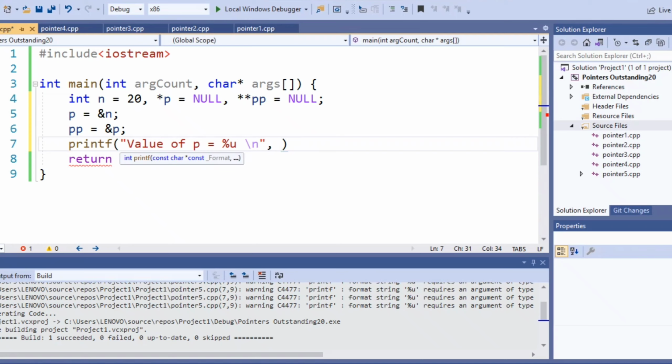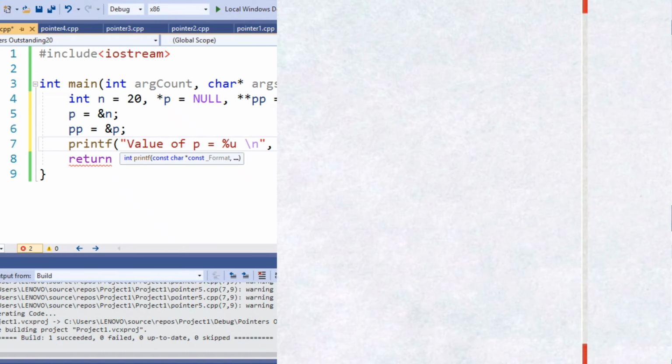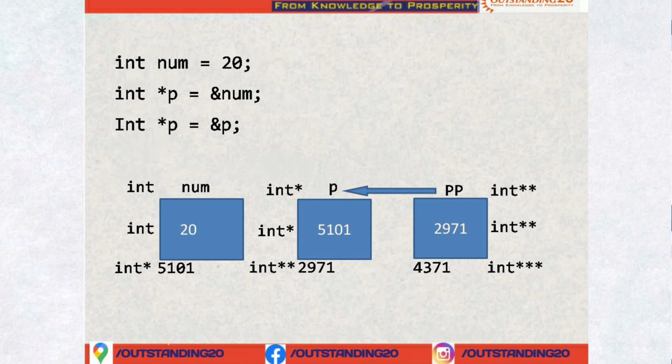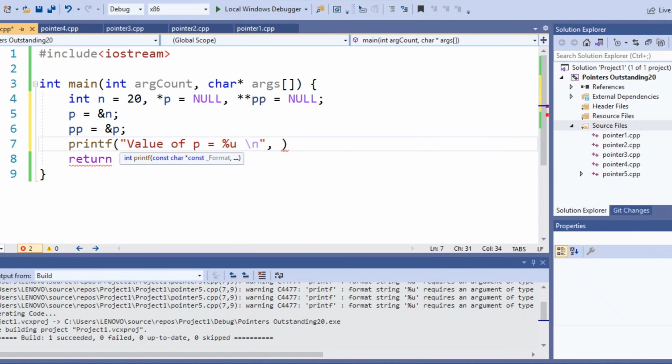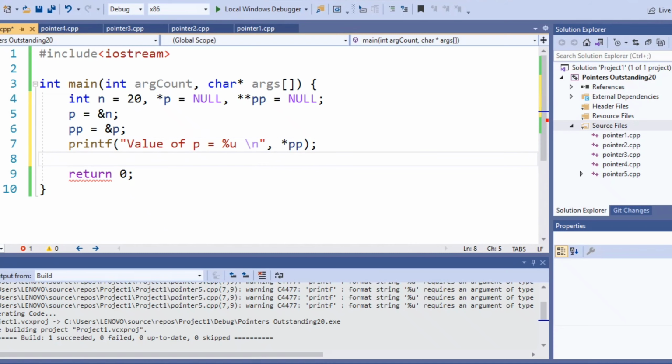So value of p, we have to answer it via pp. As you can see in this diagram, the value of p is address of n. So if we have to reach it, we have to dereference the pointer pp once.